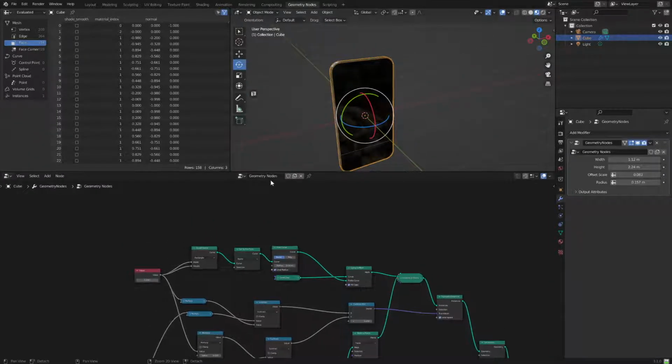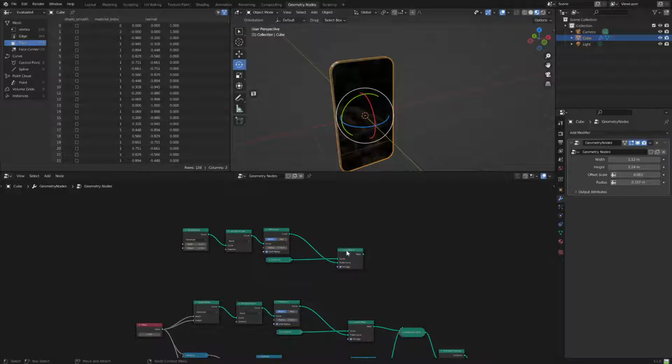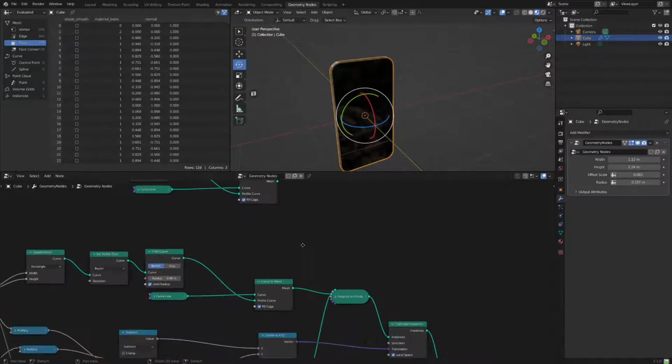So if we take our quadrilateral, just trying to think a sec, yeah, we'll do all of this, duplicate it again, and instead position it